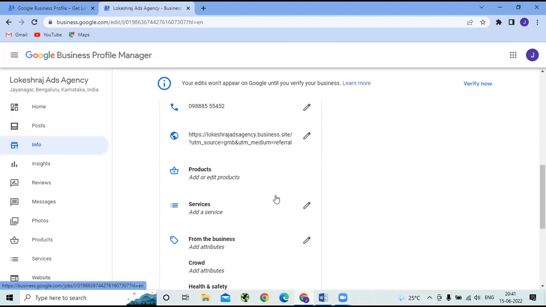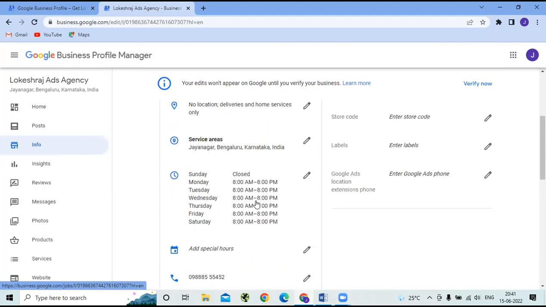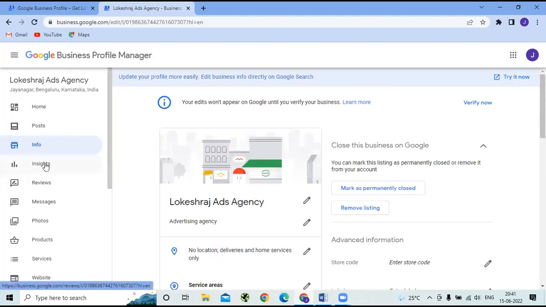If you don't have a website, then this is the way how you can create your own website for your business information to be entered. Okay, so the next thing after the info, after feeding all the necessary information, make sure that